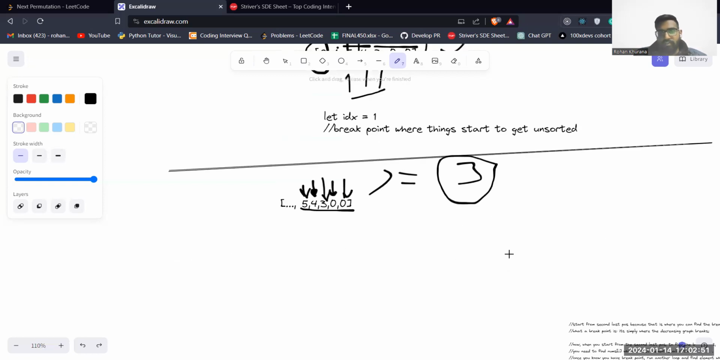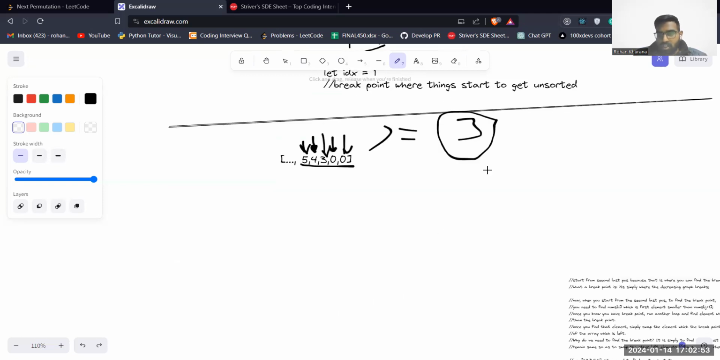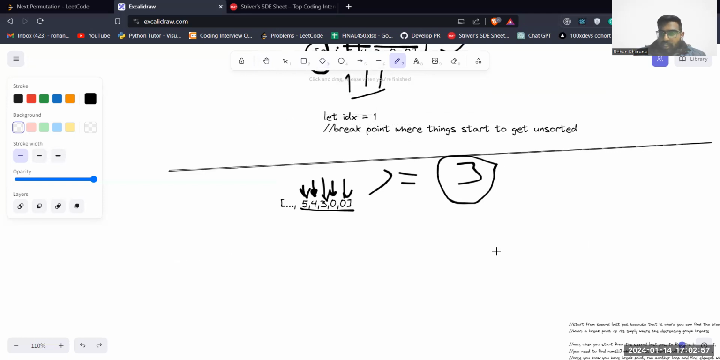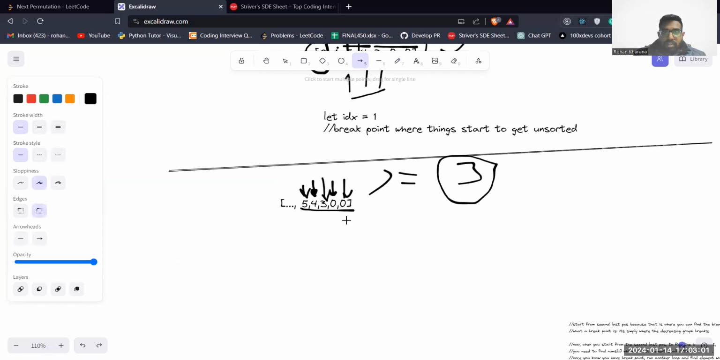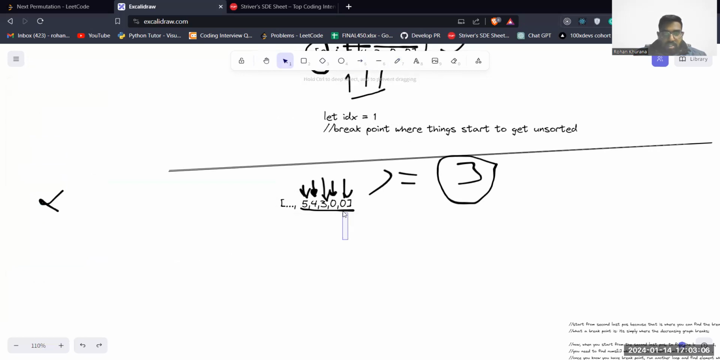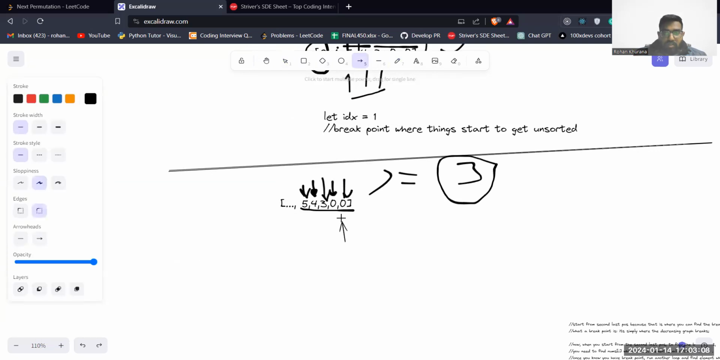Now, how do we figure it out? Let's say that we start from this position, from the end of the array. Now, can we figure out the next greater thing? I know we can do that